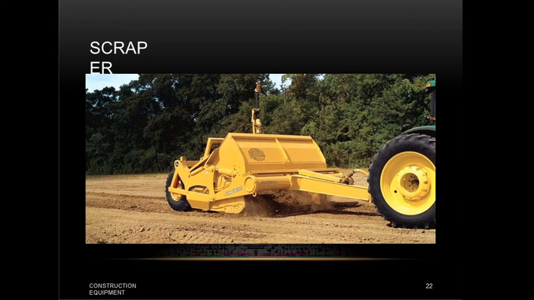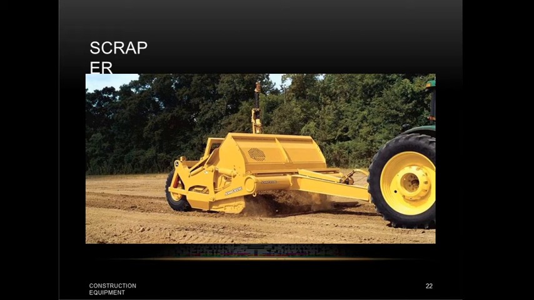The scrapers are also classified as crawler tractor pulled and wheel tractor pulled, depending on the type of tractor used to pull them. So basically scrapers are of two types: crawler tractor pulled and wheel tractor pulled. The capacity of a scraper may be specified as the heaped capacity of the bowl, expressed in cubic meters. Scrapers are either cable or hydraulically operated. The basic parts of a scraper are the bowl, apron and tailgate or ejector, as shown.